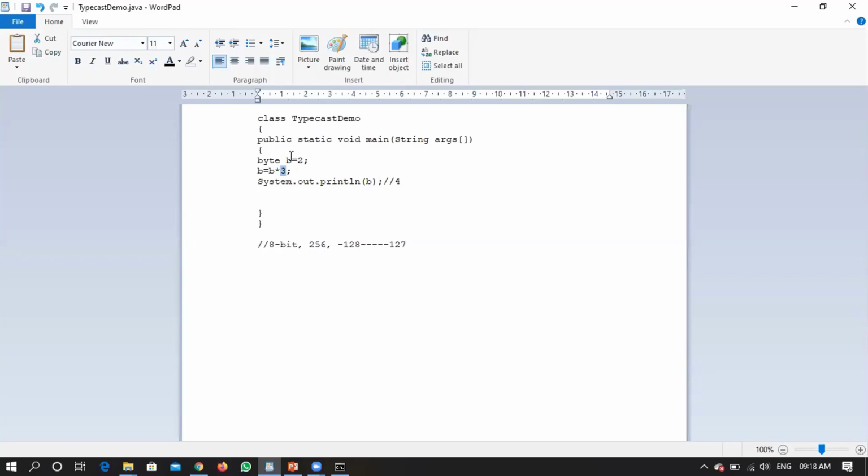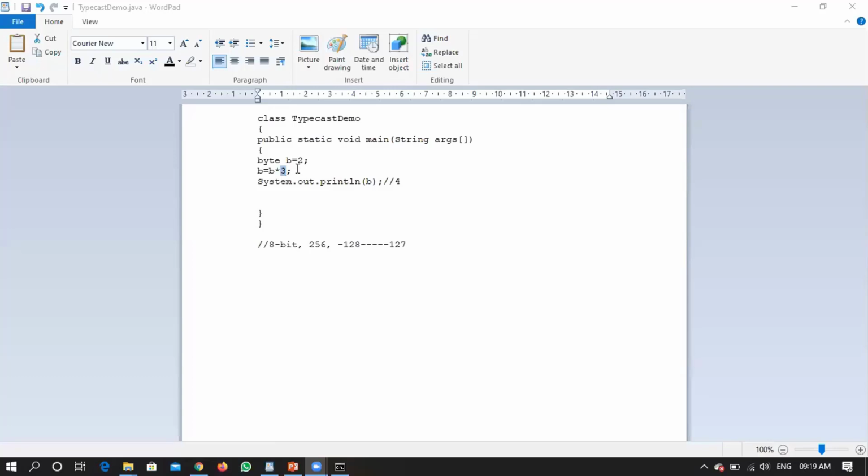Here you are assigning to a byte b, so it is doing an internal typecasting, an internal type conversion, right? Now 2 has been taken as a byte. But in the second case, when you are multiplying by 3, you didn't say that this particular 3 is of type byte. How did you expect that this 3, which is an integer, will be converted to a byte,